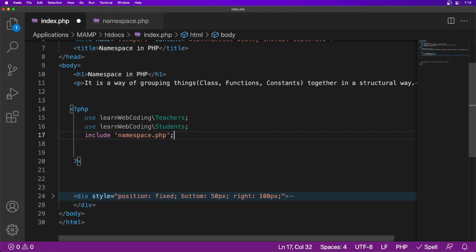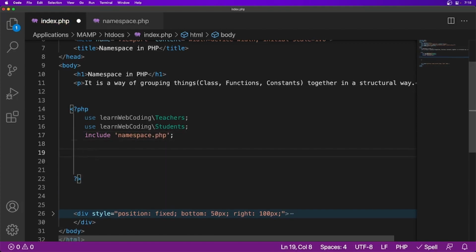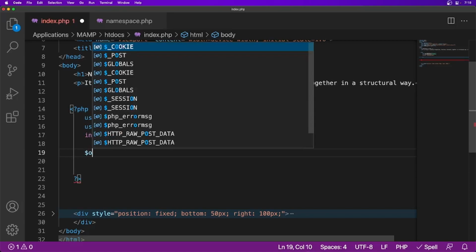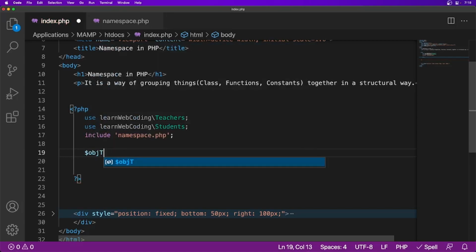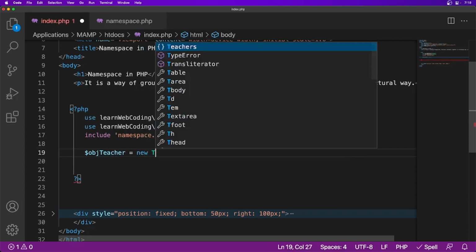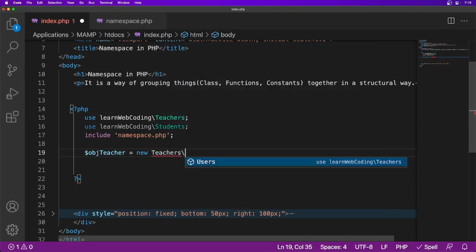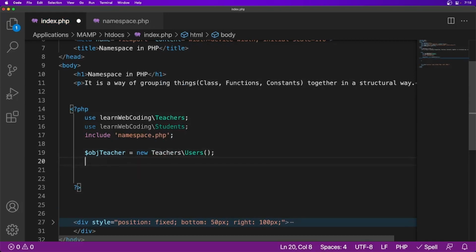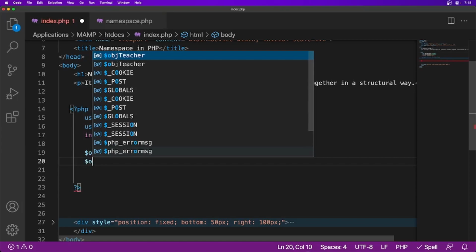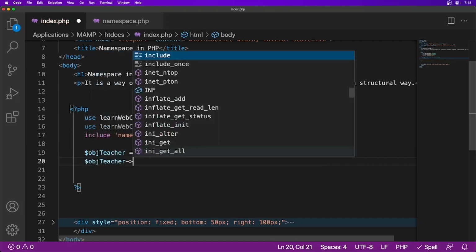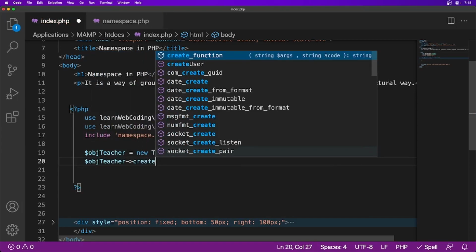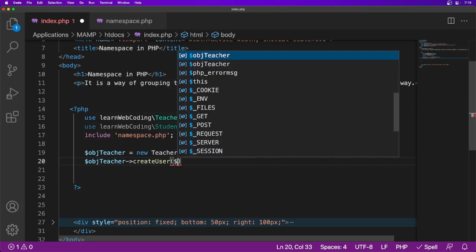namespace.php. And then if you want to create an object of user class of teachers, you can simply create an object like this, object of teacher equal to new teacher, and then we have users here, and you can call a create user, and you can pass one name here.